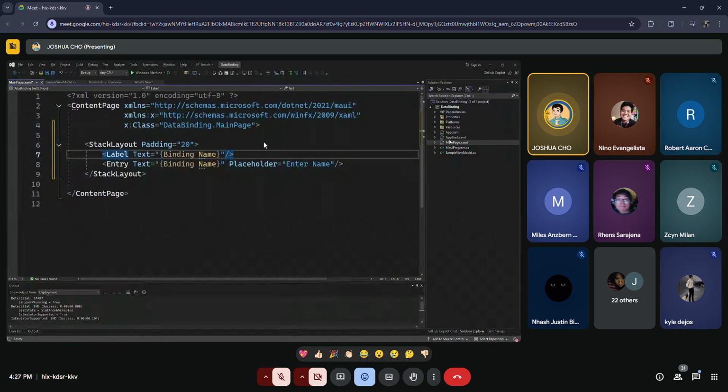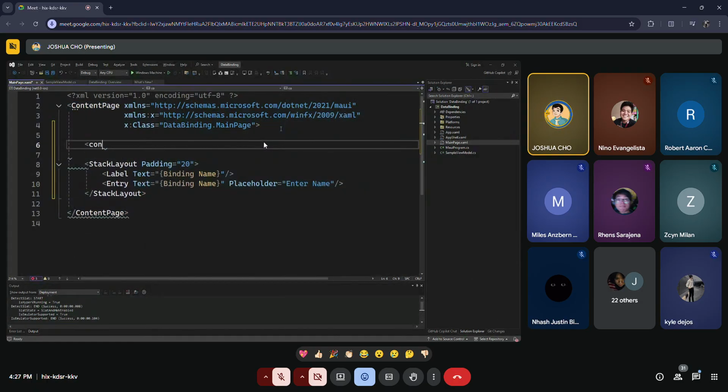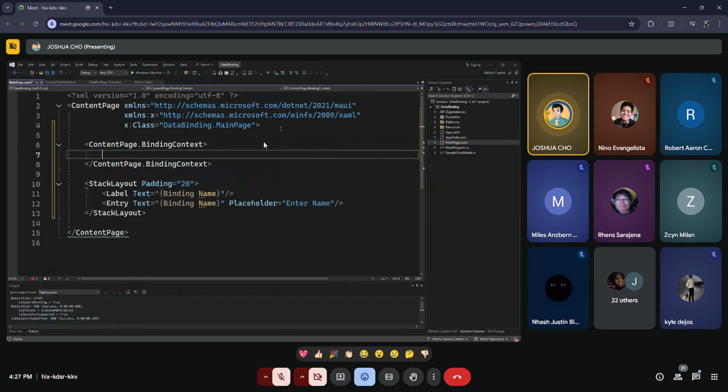And then to do the binding, you have to type this one with the page's binding context. Then inside you have to locate the file.